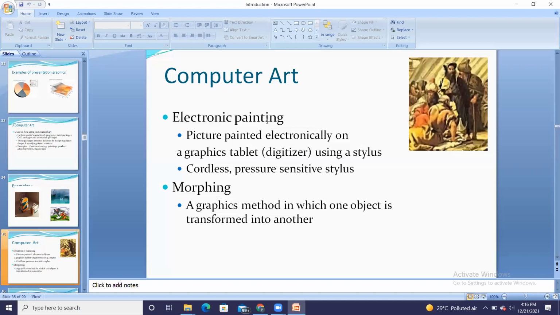So here, when the stylus starts drawing the picture on the digitizer, the same picture will be available on your computer. So you might have used it for digital signatures, while signing with a stylus on a digitizer. So these are the things where we can